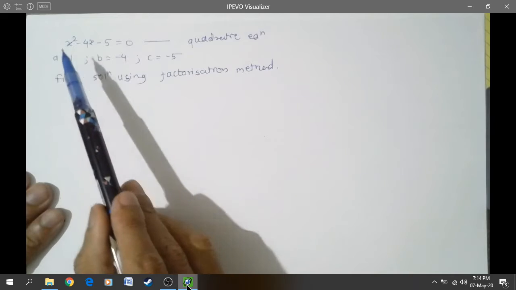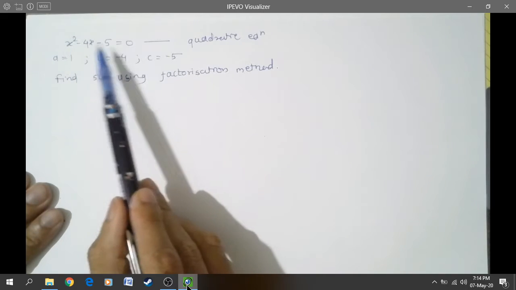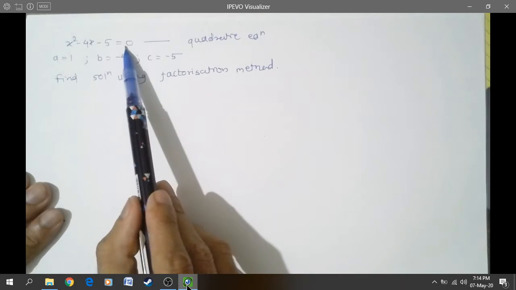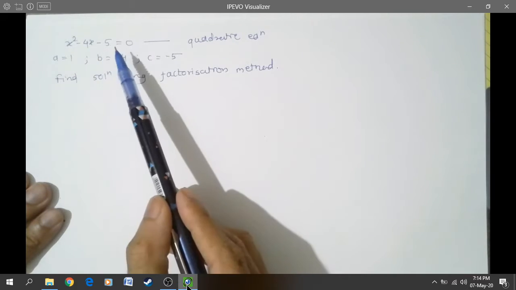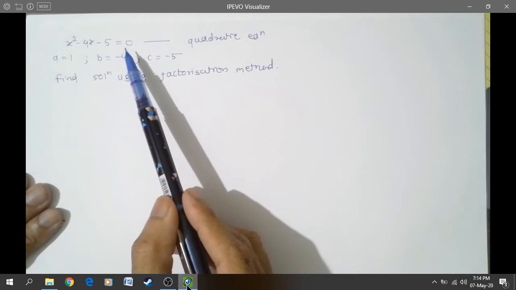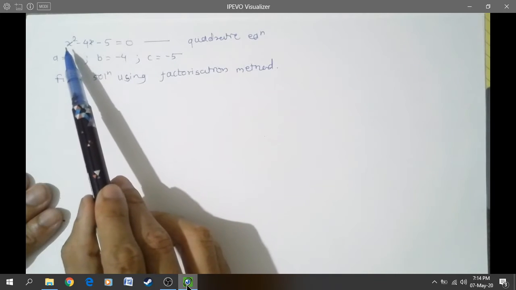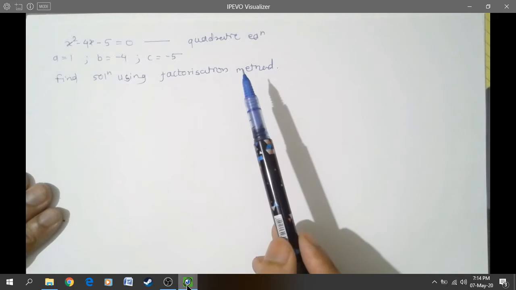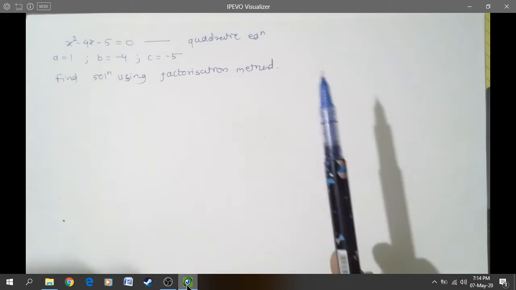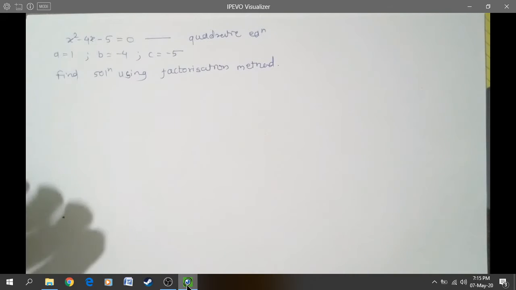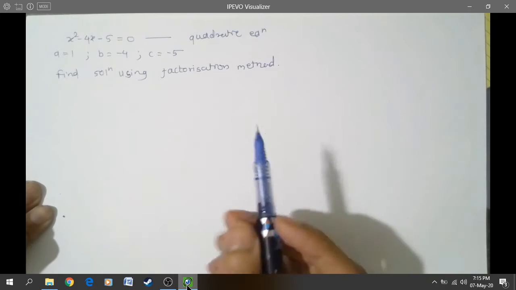If we can find the value of x that will satisfy the equation, suppose x is equal to 5 and the value comes out equal to 0, then it is the solution of the quadratic equation. It is quite simple to understand. If we put x equal to some value and find that it comes to 0, then that value of x is a solution of the quadratic equation, right?